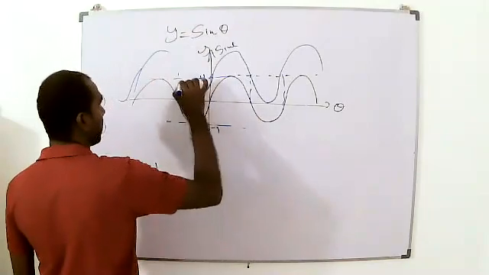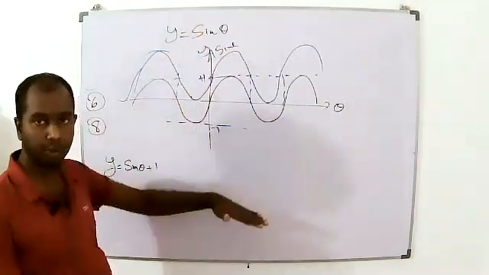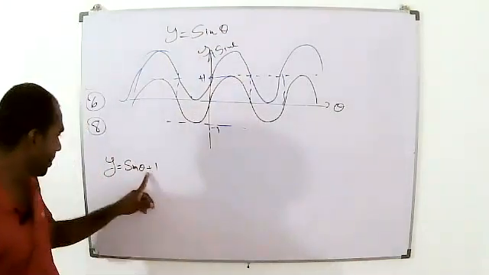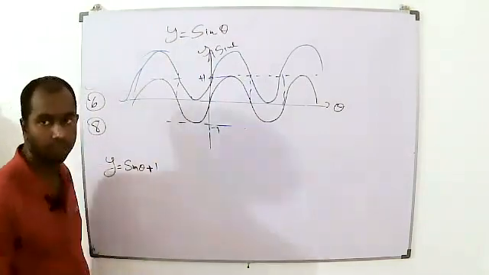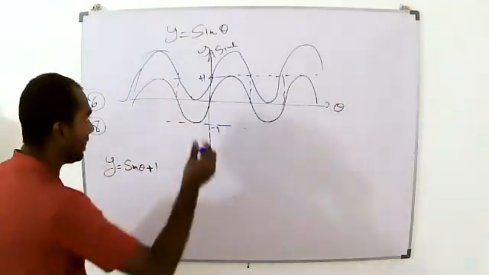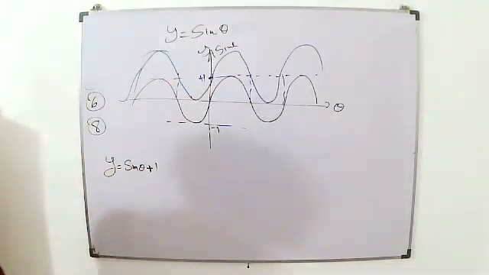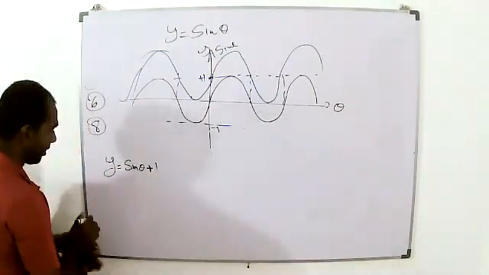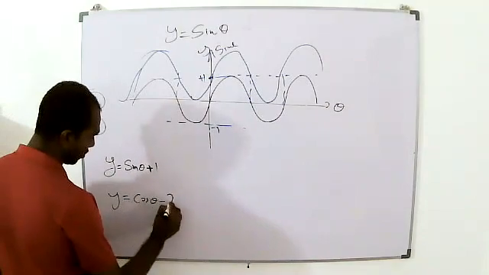This is an external transformation. If there is an external transformation, the graph will either move upward or downward. The total graph, the total shape, will move upward or downward if we add or subtract from the outside. For cos, for tan, for any, that will be the same. All these crossing points move up or down. Is it clear? Now, if I ask you to draw the graph of y equals cos theta minus 2,